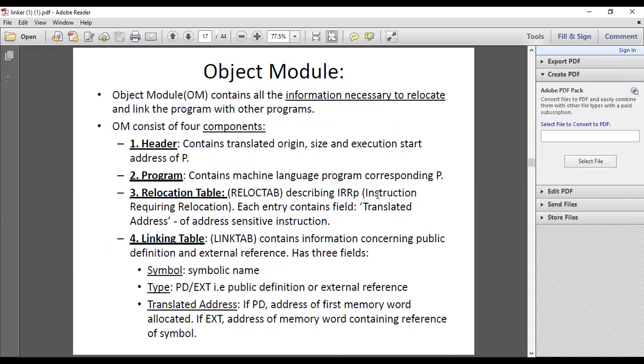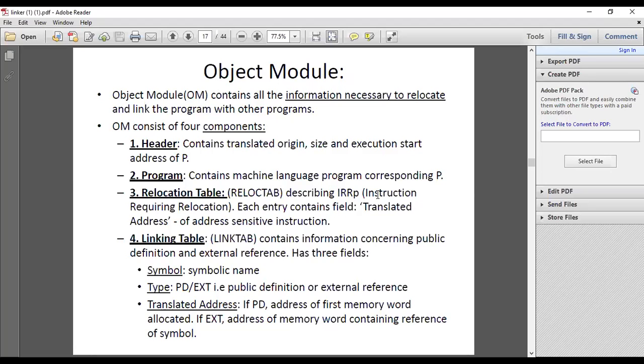Also, we have discussed the object module. The object module contains all the information necessary to relocate and link the program with other programs. As we know, it is the output from the translator, and it contains the information required for relocation and linking purposes. Basically, the object module has four components: header, program, relocation table, and linking table.